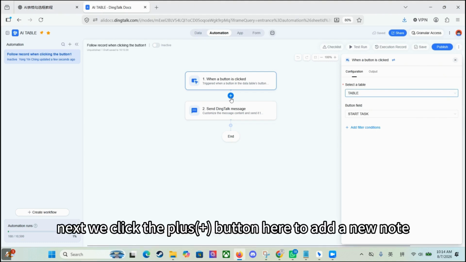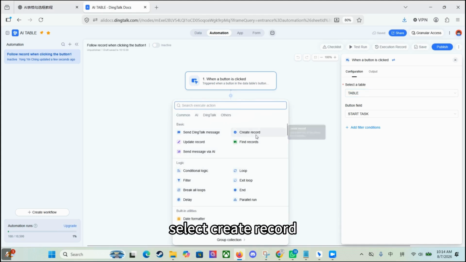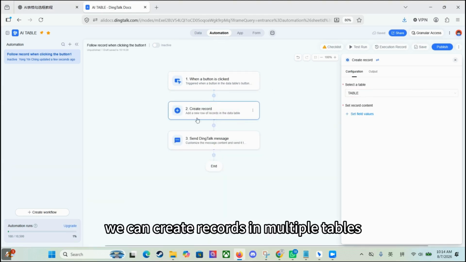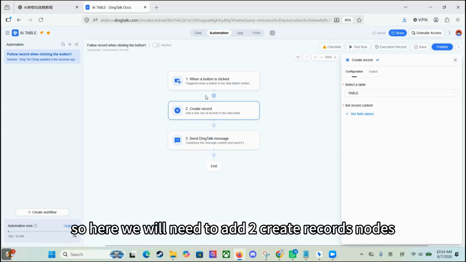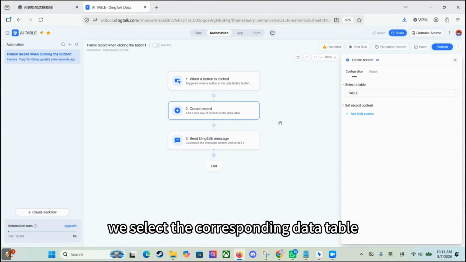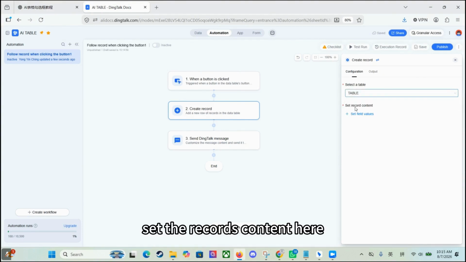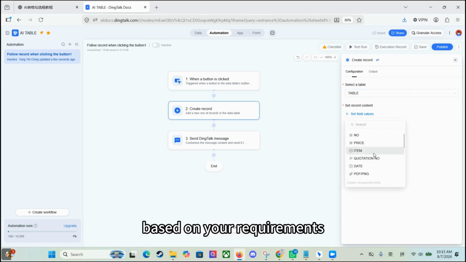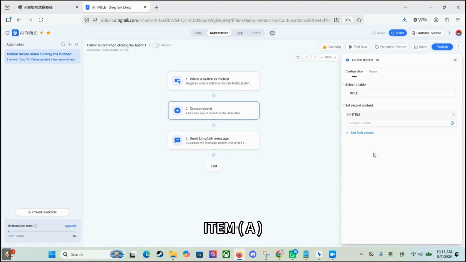Next, we click the plus button here to add a new node. Select Create Record. As I mentioned earlier, we can create records in multiple tables at the same time. So here, we will need to add two create record nodes. Now, we select the corresponding data table. Then, set the record content here. Click Set Field Value. Here you can see all the available fields from this table. You can adjust the content based on your requirements. For example,